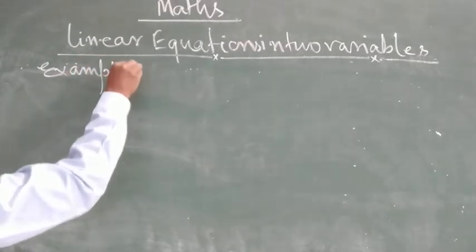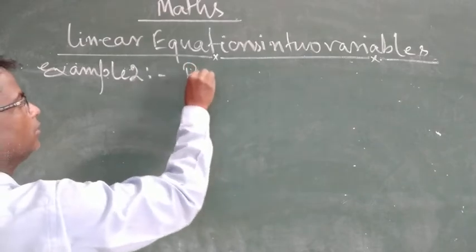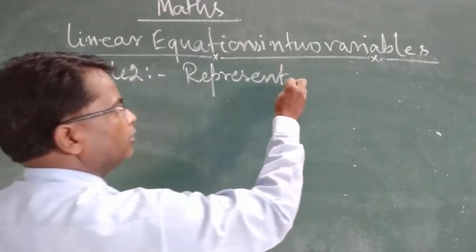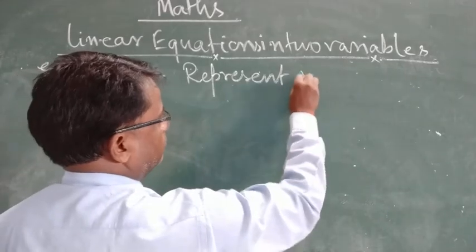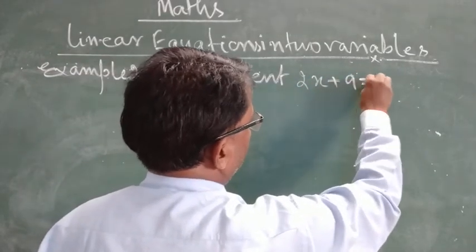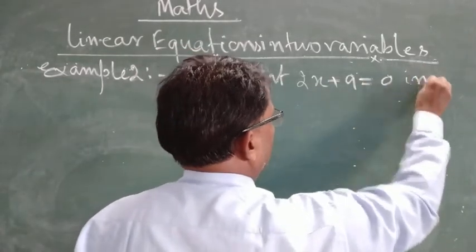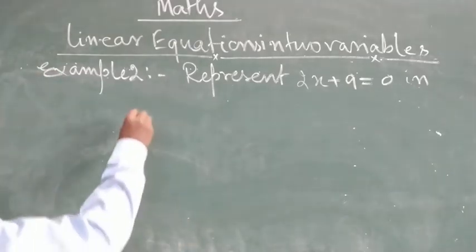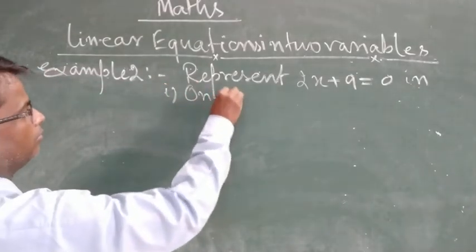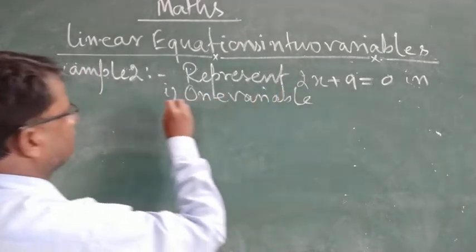Example 2: Represent 2x plus 9 is equal to 0 in one variable. First, in one variable. Second part,